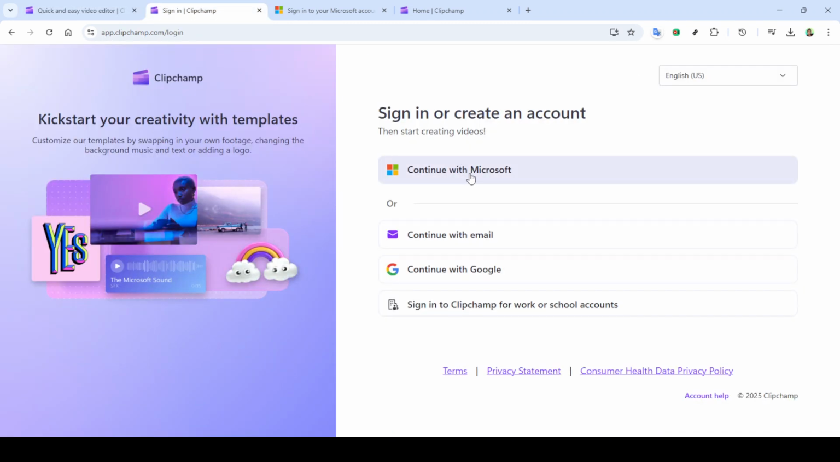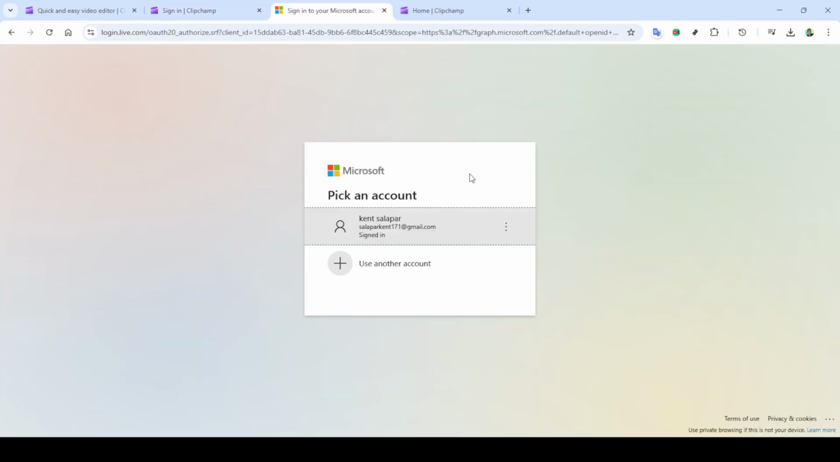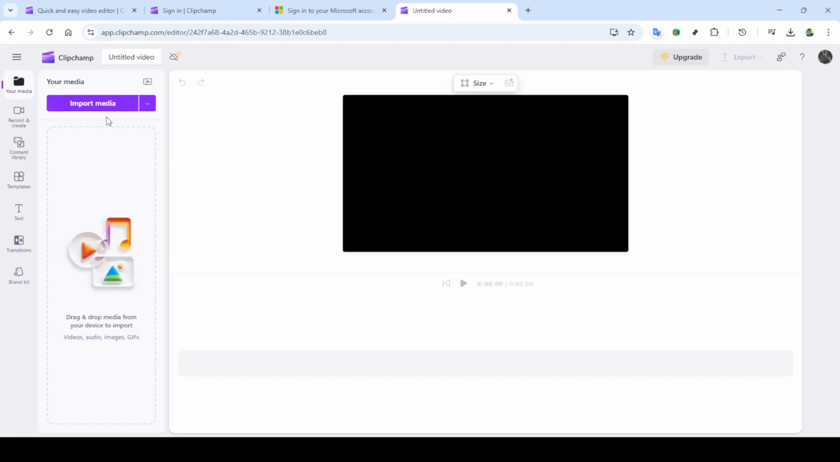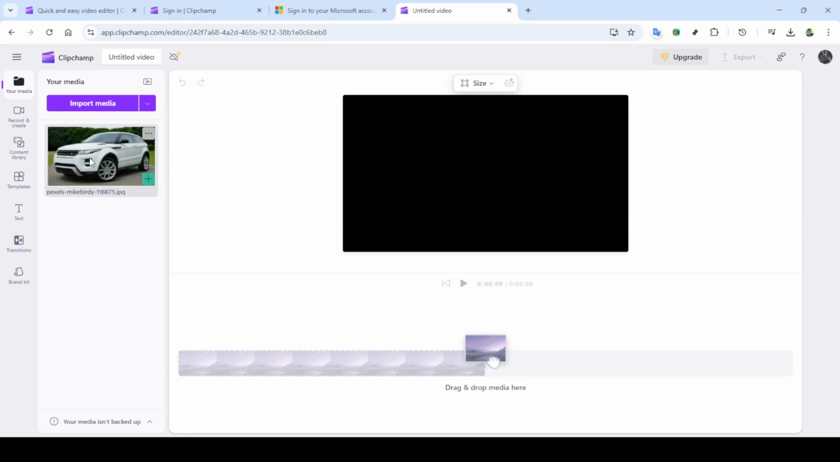First, you'll need to open your web browser and navigate to clipchamp.com. Once there, you can either sign in if you already have an account, or you'll need to create one. Simply click on the sign in button on the top right corner of the page. If you use Microsoft for logins, there's an option to continue with your Microsoft account, which is a convenient way to sign in quickly. Just follow the prompts to select your Microsoft account and you'll be directed to the Clipchamp